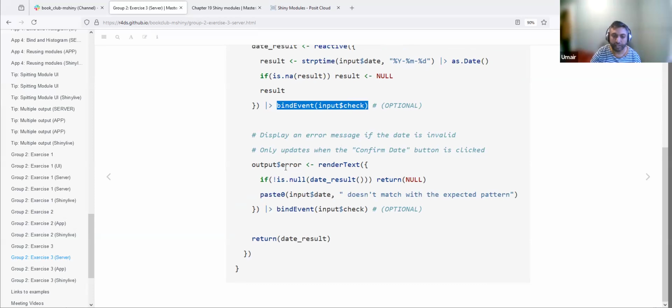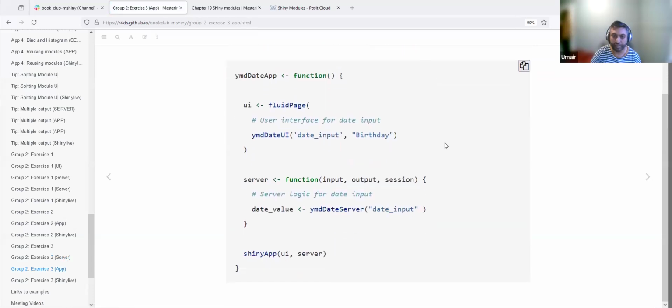And then the error output is a render text, which checks if the date result is not null, then it returns null. I think this is probably a typo. Here we're using this because running this app doesn't produce the expected output. So we get